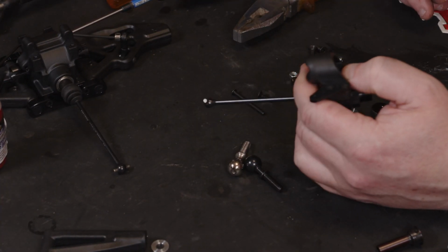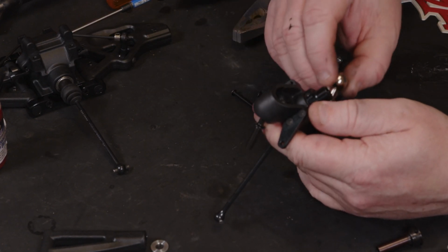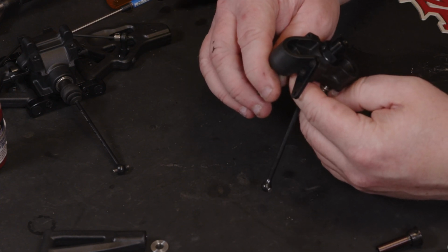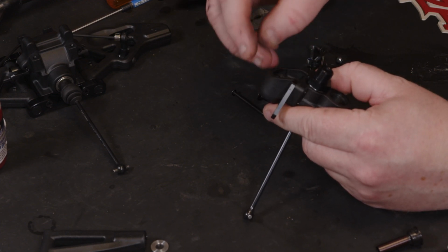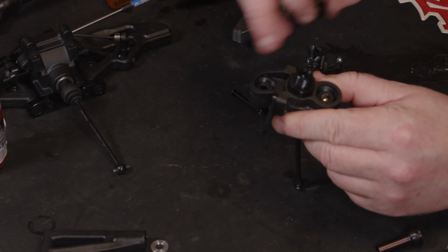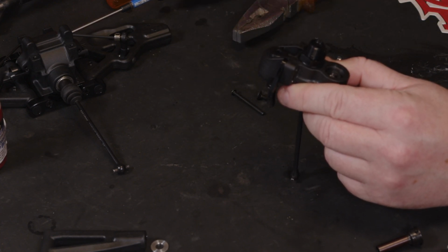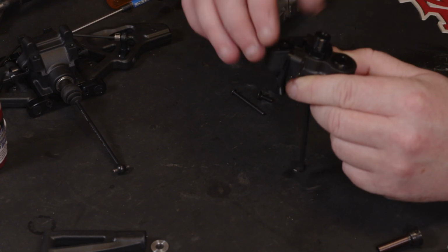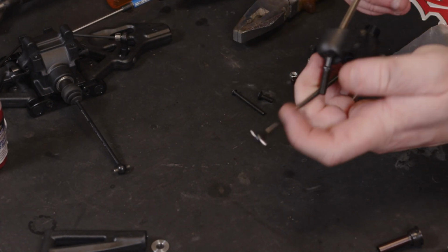So next we're going to be fitting the pillow balls. Black aluminium one in the top, steel one in the bottom. Although the black aluminium one does show that one looking more silver in the instructions. Then you want your two little inserts in, and then we're going to be dropping these in, and you're going to need a fair sized Allen key for these. So let's see what we've got. So you're going to want a 5mm